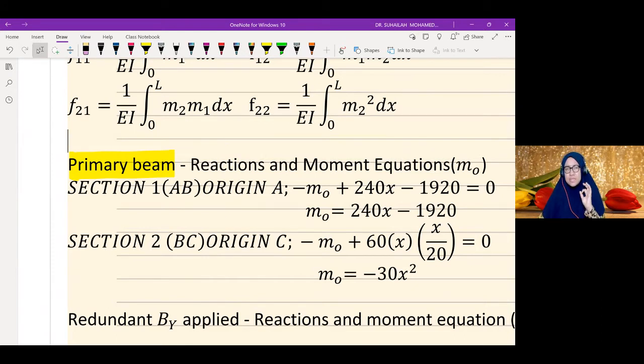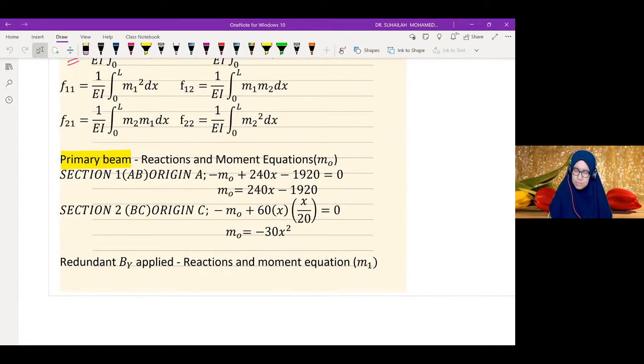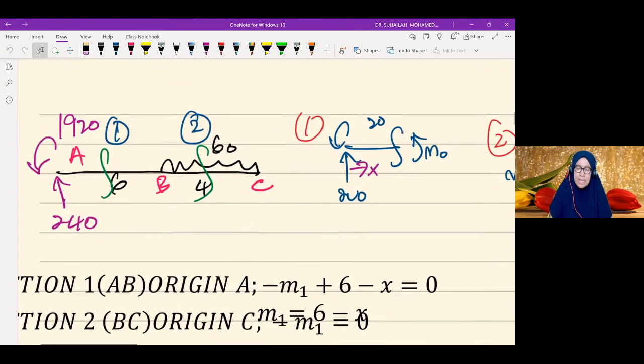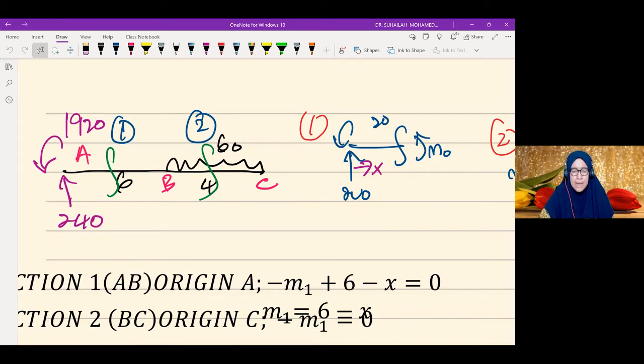And for all these 3 systems, it is actually all determinate system, determinate beam. So we just have to calculate reaction and write moment equation as usual. Okay, so the system, where is the diagram? Okay, so this is the primary beam. The primary beam is, okay, this beam, the UDL is 60, so we get 240 for the reaction for the AY value, and we get moment is 1920. It is negative,